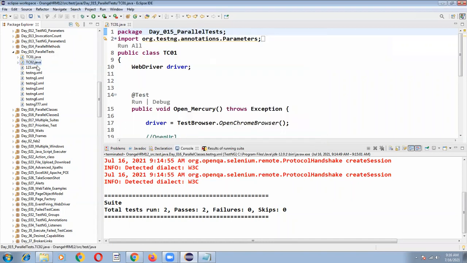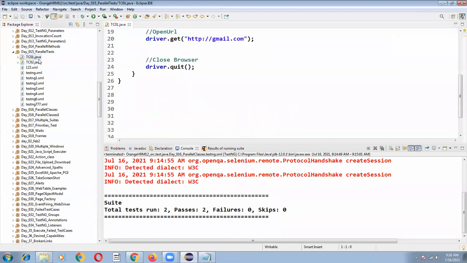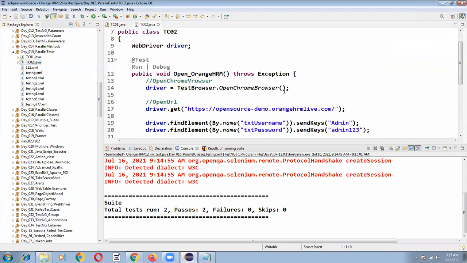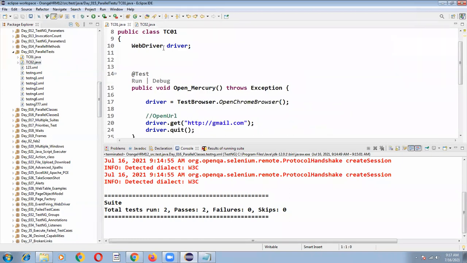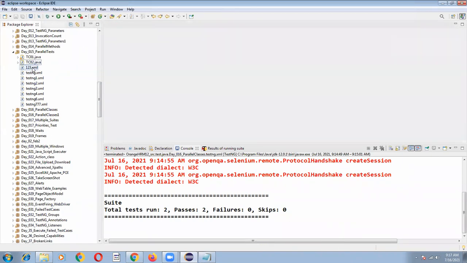So TC01.java, TC02.java: two test cases are there. One is TC02, where I'm opening Orange HRM, and TC01, where I am opening Gmail. So there are two test cases, and I want to execute these two test cases in parallel.